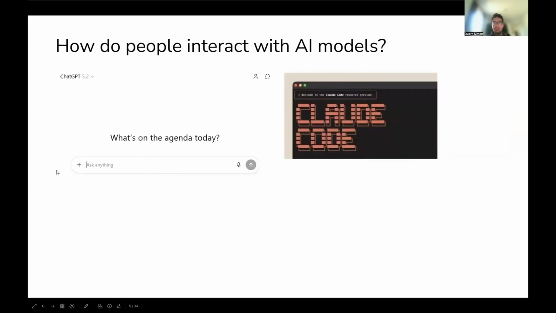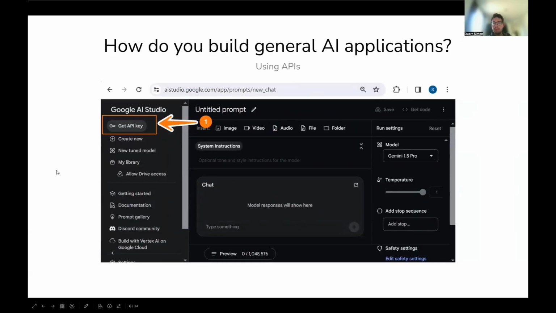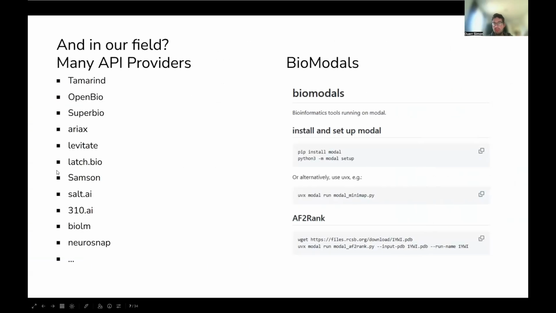If we talk about AI models in general, then most of you probably see one of these screens in your day-to-day workflow. We have these prompt interfaces, and we have these agentic interfaces that live in your terminal. But the main thing is that if you interact with it, the model is not running locally. It's mostly running in a cloud somewhere. And if you want to build an application, the first thing you do is get an API key to actually access these applications.